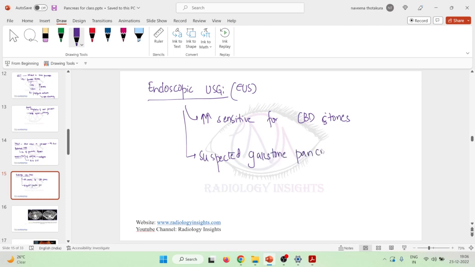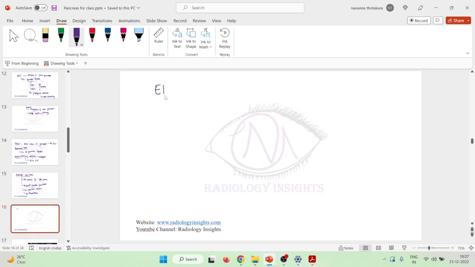It is also used to diagnose the presence of pancreas divisum, or for diagnosing microlithiasis, the presence of small stones. For these, we can use endoscopic ultrasonography. Then we can do an ERCP, endoscopic retrograde